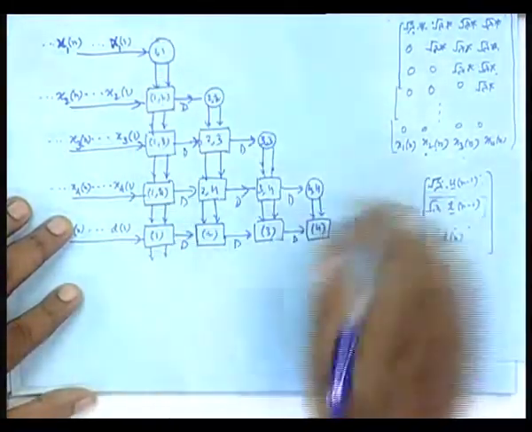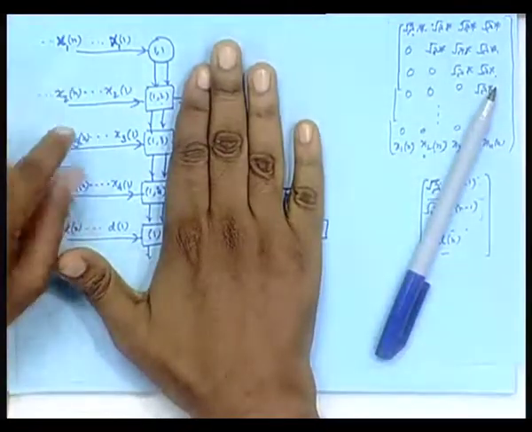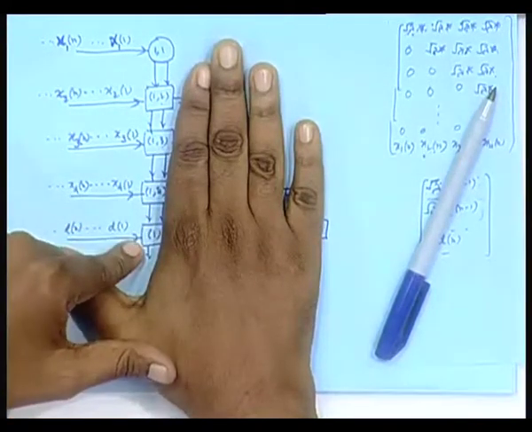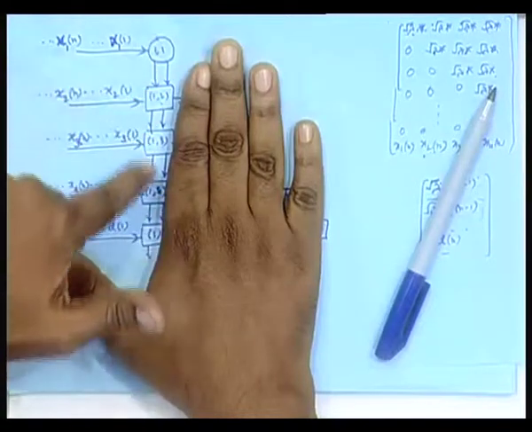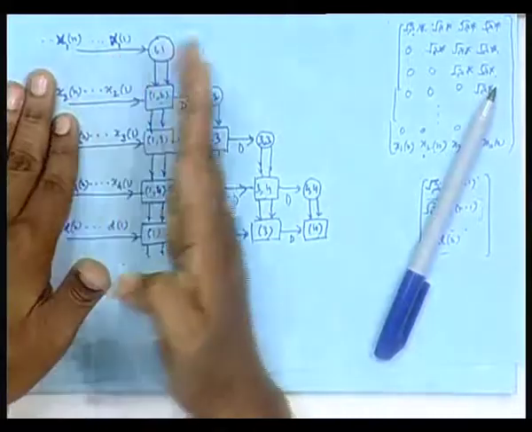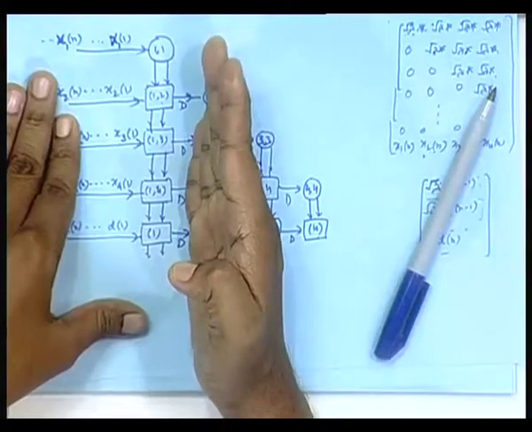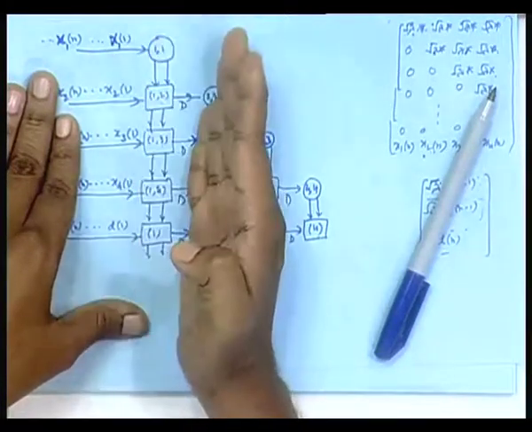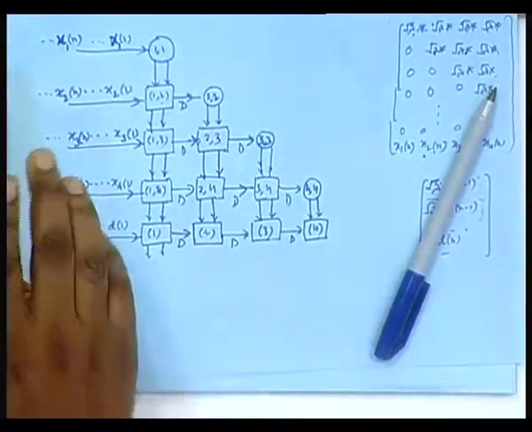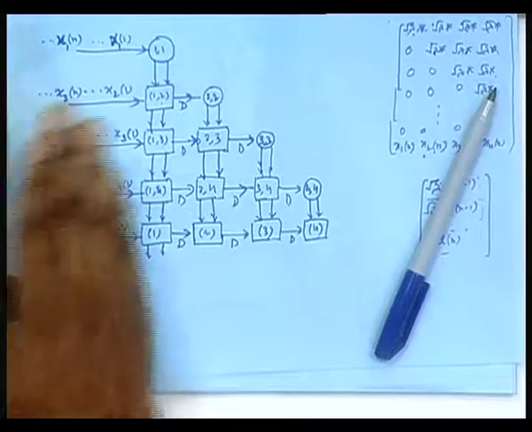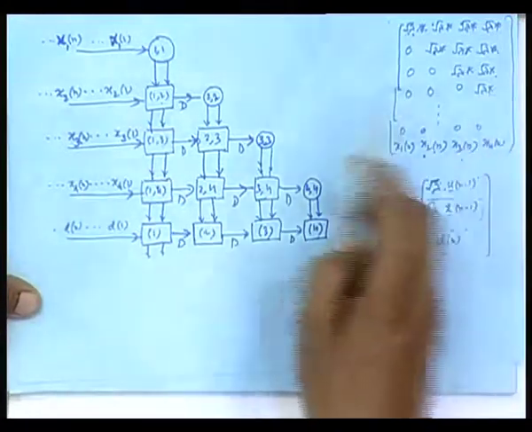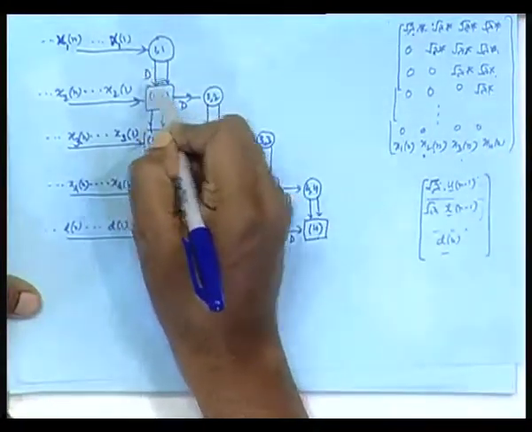I am going horizontally, not vertically. That means in one clock cycle, these operations will be done. This followed by this, followed by this, followed by this, followed by this. Once that is done, then you pass on the stuff to the next, and once it processes this result, you can accept the new data x1 n+1, x2 n+1, like that. You don't have to wait for the entire thing. So, it comes down. I can go vertically also